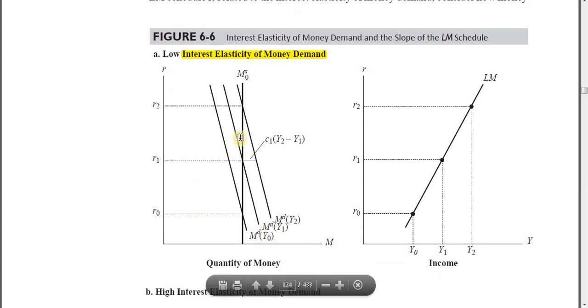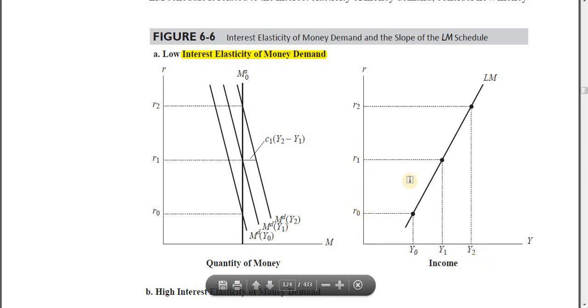intuitively. So in this very case, the interest elasticity of money demand is very low. It's insensitive, almost insensitive. It means for a given change in income, when transaction balance goes up, we need to reduce the speculative balance. But for that to happen, the interest rate has to go very high, all the way from R0 till R1, and only then would the speculative balance reduce, because it's not very responsive to the changes in the rate of interest. Alright, so this is the very reason. For the same change in income, the rate of interest has gone up not from R0 to anywhere here, but rather all the way up till here.